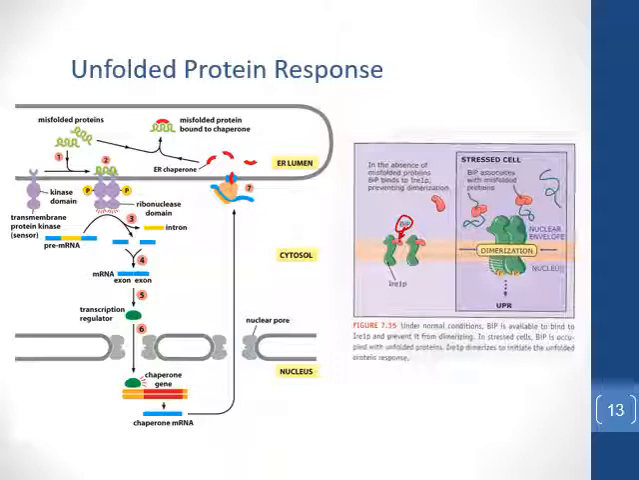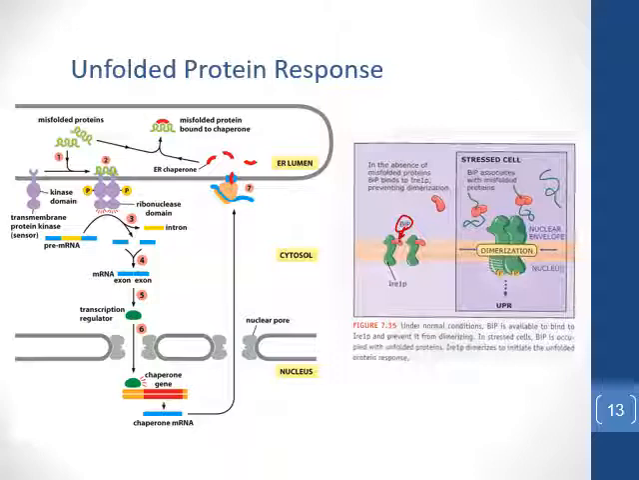In other words, BIP, the chaperone involved in protein folding, isn't occupied with protein folding. Rather, it's bound to IRE1. That keeps IRE1 in its monomeric form. Now, let's say you have a protein folding problem. That protein folding problem